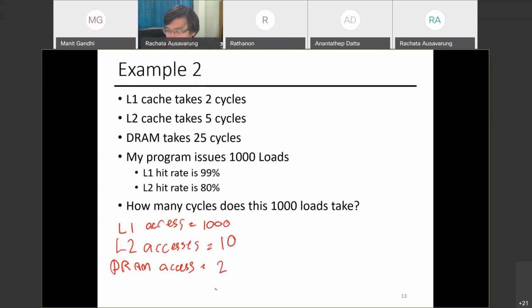Yeah, 2100, I think. So this is 2000. This is 50, right? 5 multiplied by 10, and this is also 50. 25 multiplied by 2, that's 21,000 cycles,